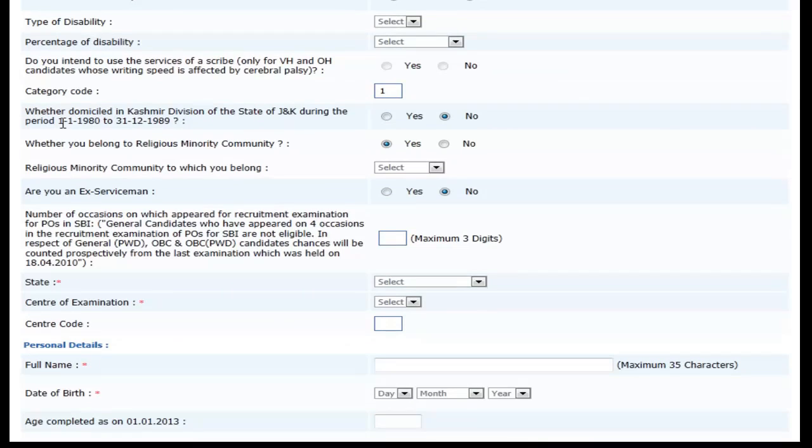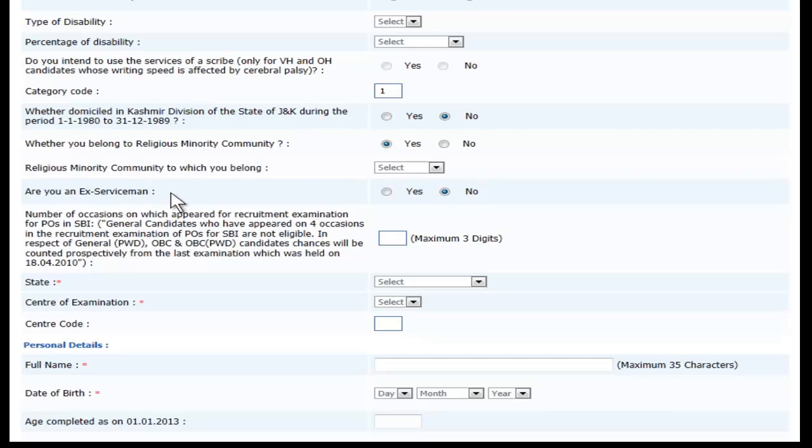Again, the category code, whether you are domiciled from Kashmir, then you need to click the right option here. If you belong to a religious minority community, you need to fill up the information here, yes, and what particular religion you belong to: Jain, Buddhist, Zoroastrian, Sikh, Christian, Muslim.